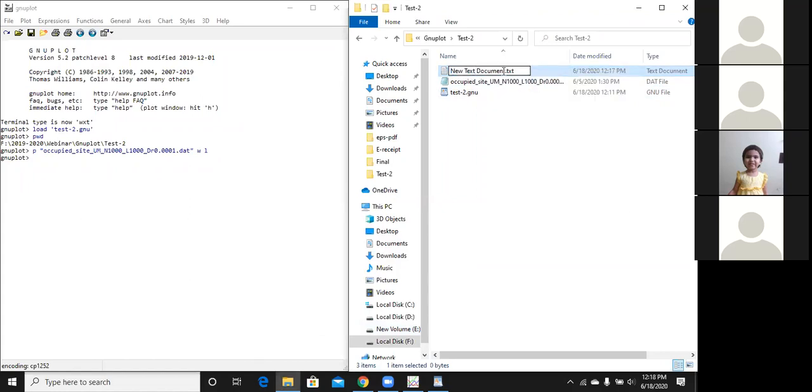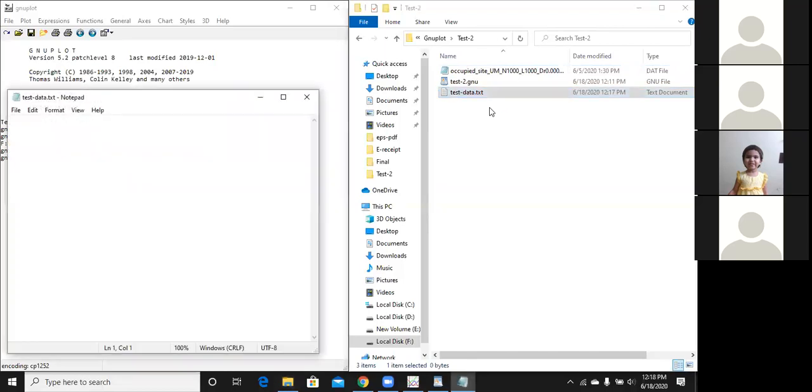Okay, then let us write this as test data. Rename it as test data, and let's open it, and we write 1, then tab or space. Space and tab both will work.